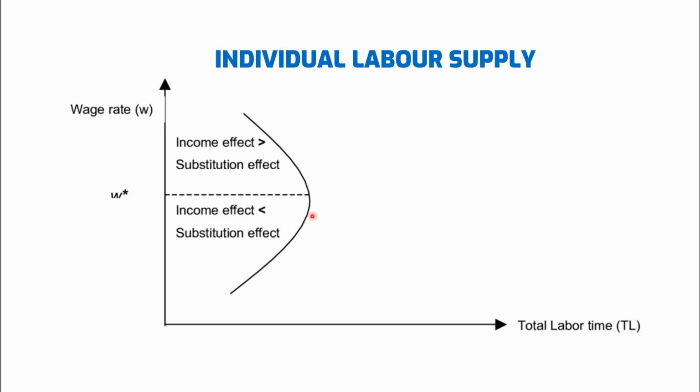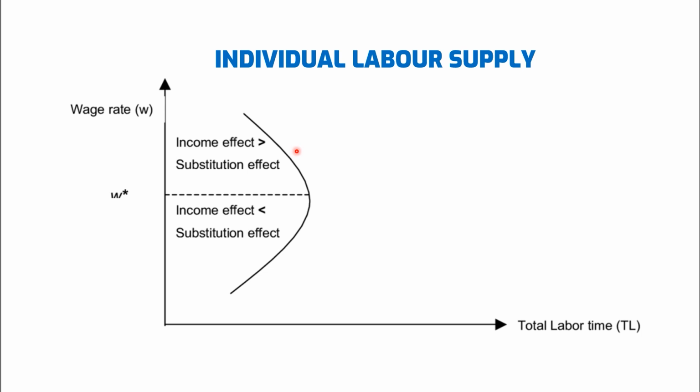at low wages, the substitution effect dominates. When wages rise, people work more because the reward for working is higher. The backward bending section means that at higher wage levels, the income effect dominates. Workers begin to value their leisure more and may reduce their working hours, leading to a backward bend in the